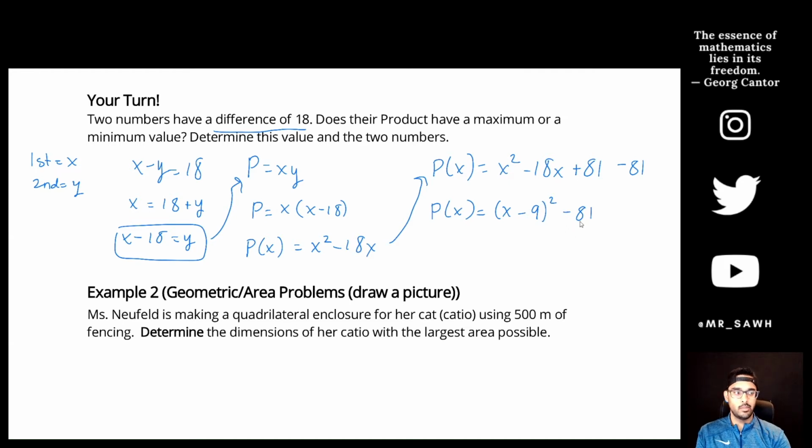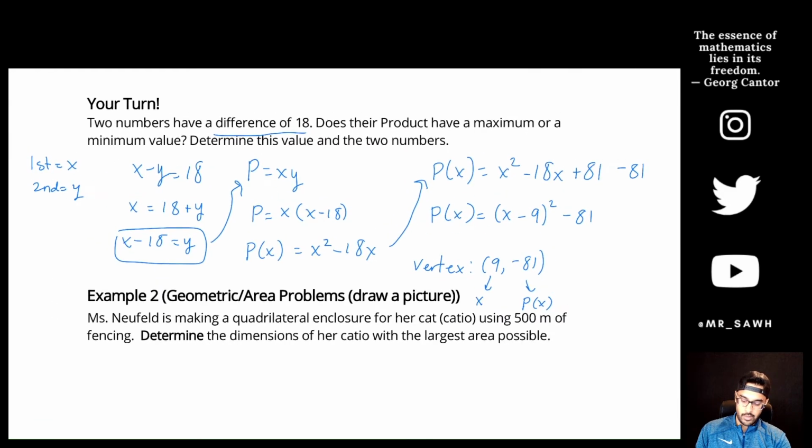So I know my minimum is at negative 81, and I know my value of x is 9. Right? My vertex has coordinates of 9, negative 81. That vertex really tells me the input, which I used as variable x this time. The output tells me the product when I input x in terms of function notation. So it doesn't tell me the y value, it tells me the minimum product. So if x is 9, now I know the other number,